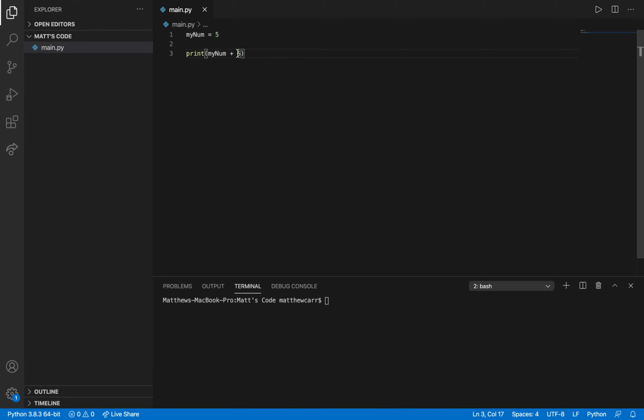And mind you, there are no double quotes; this is the integer number value of 5. If we run this, we get 10. Then if we want to multiply, we'll use the asterisk, which is above the 8 key. Save our changes, run it, we get 25.